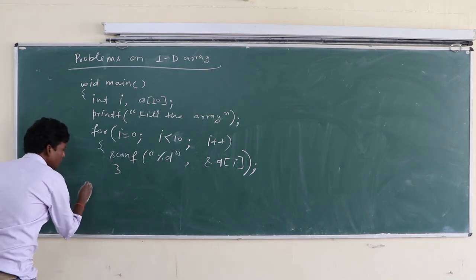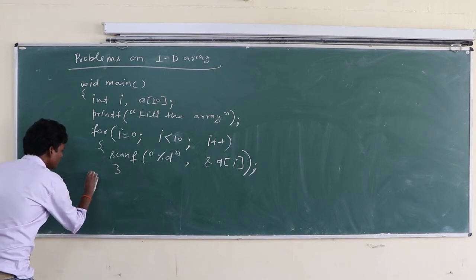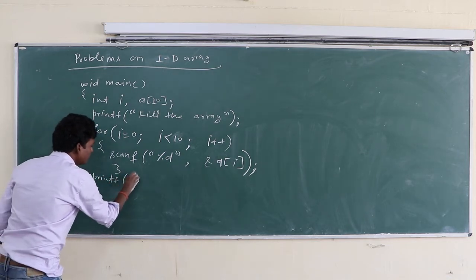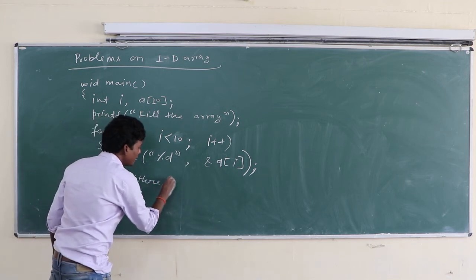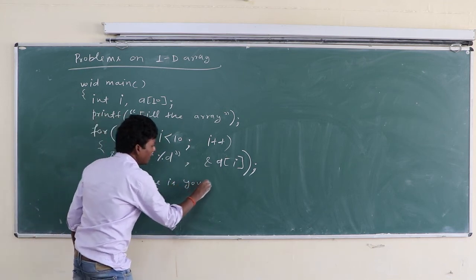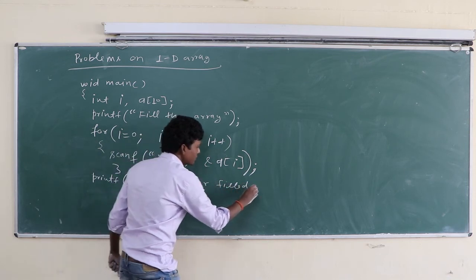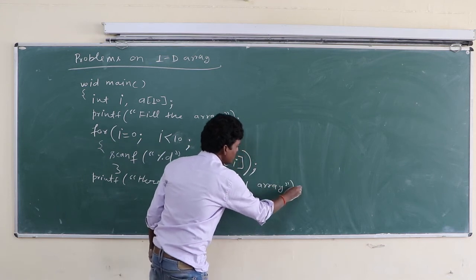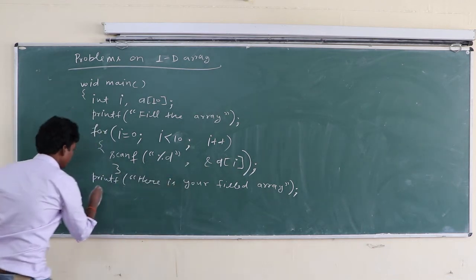Now you want to print, so printf, here is your filled array. This is the message for the user, basically. Here is your filled array. Now